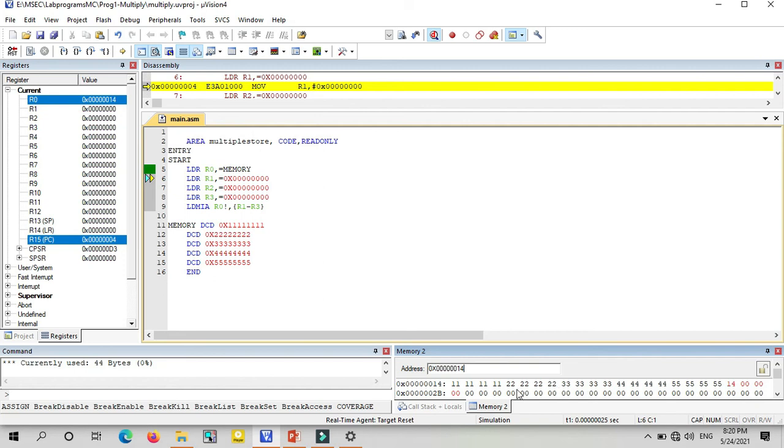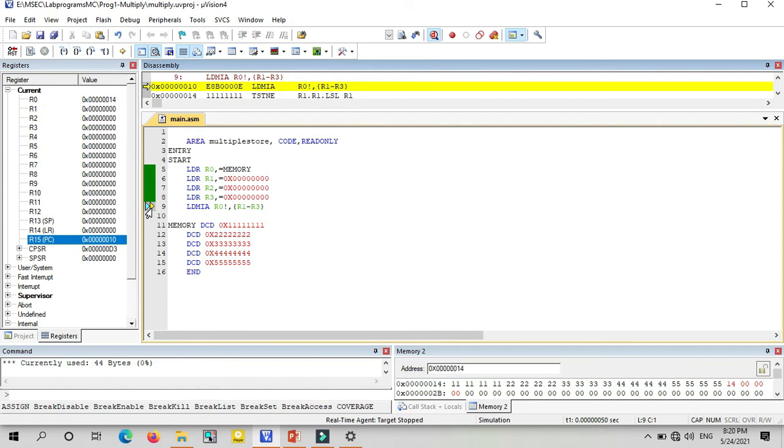What we have to do is move this data to the registers. That is what we are executing by using the LDM instruction. Now I am checking R1, R2, R3. Initially I am making them 0. So I loaded R1 as 0, R2 as 0 and R3 also as 0.